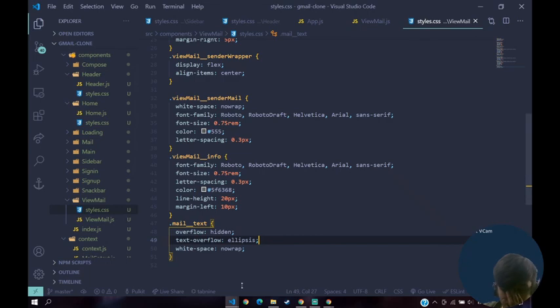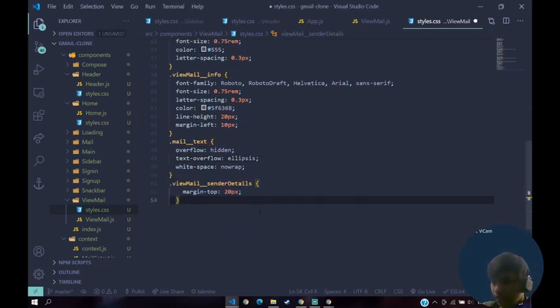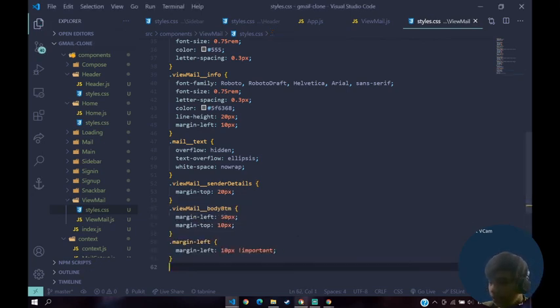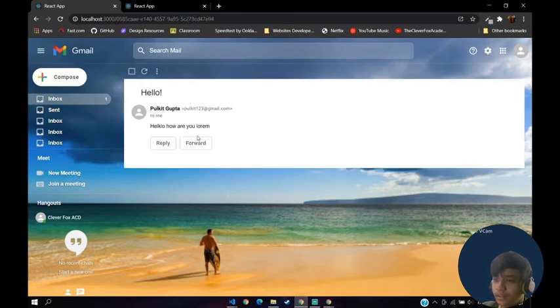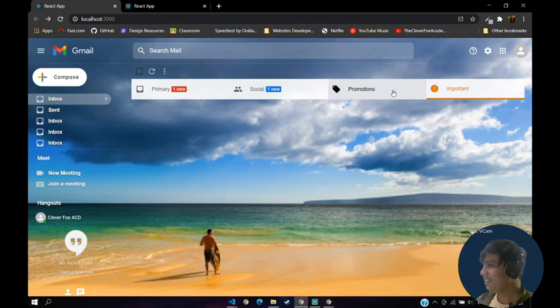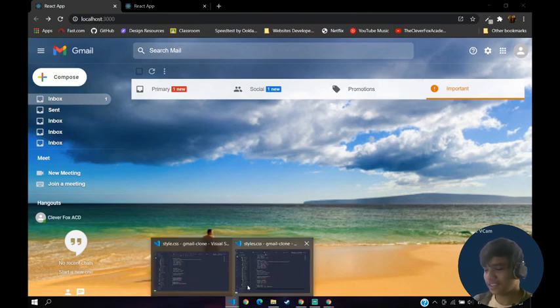So here now let's style our remaining things. Let's say view mail to our sender details, let's give a margin of about 20 pixels and then a few more margins there, right? Save that, should look better, and boom, we are done. Yep, we are done with our application, I think. Yeah, we are done. So thanks for watching this video. Should I end this? Okay, I think we are done. Yeah, we are done. Okay, the last thing, there's still a thing remaining.